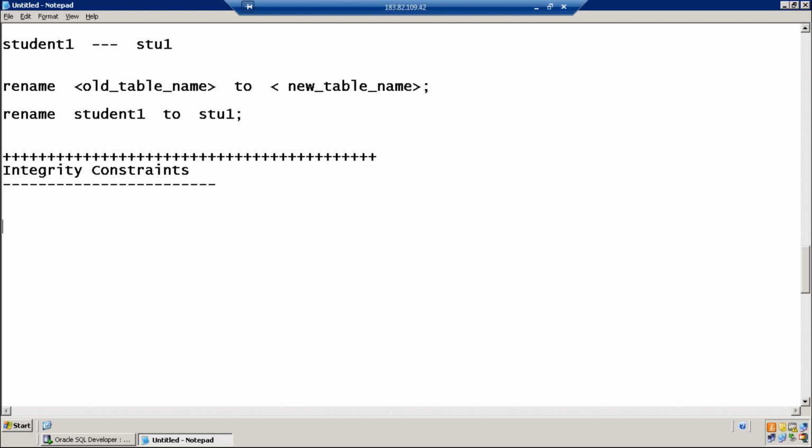Constraints are nothing but rules applied on tables. Rules which are applied on tables are called constraints. Before starting about constraints,